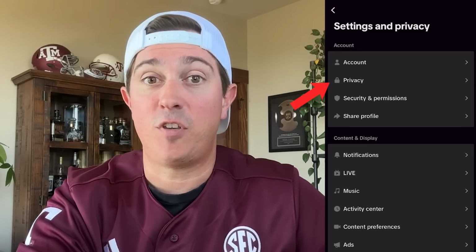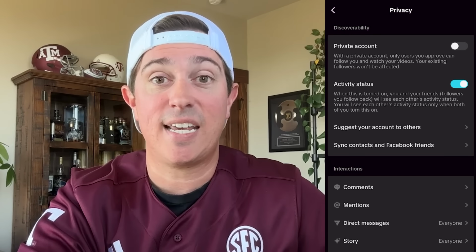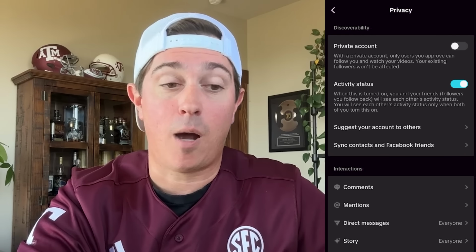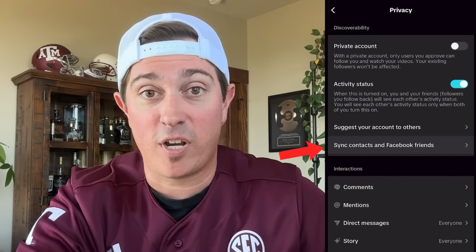So that one's pretty obvious, but one that's a little bit less obvious is that you want to turn off all of your share settings. So if you go to settings under privacy, it's gonna say suggest account to others. And you want to turn off your Facebook friends and turn off your contacts. There's also going to be an option to sync your contacts and Facebook friends, and you want to turn off